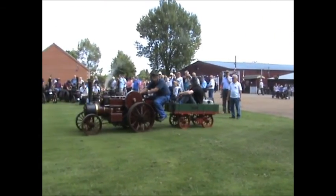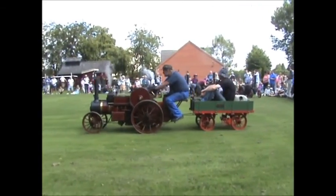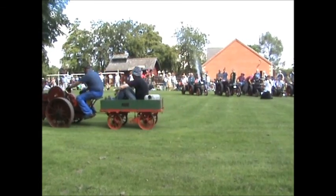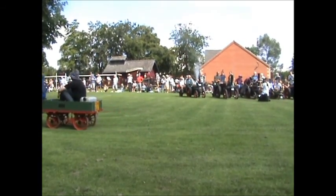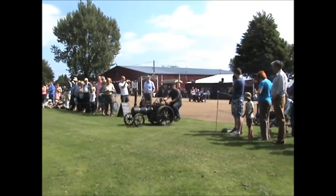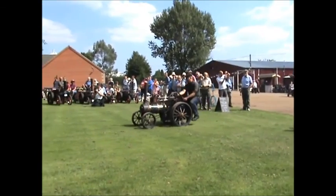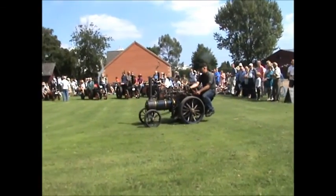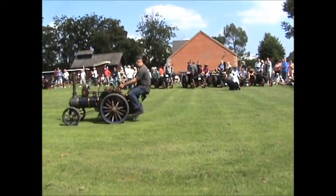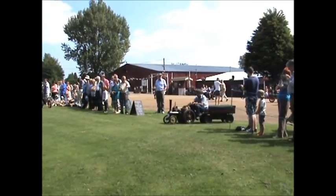A 4-inch scale Burrell, 8 horsepower, double crank compound road locomotive, another one with the belly tanks under the boiler there. It's got a Burrell 6-ton. Next, number 10 coming in. This is a 4-inch scale, although it says freelance, based on a Burrell engine, a Burrell traction engine. Number 11, a